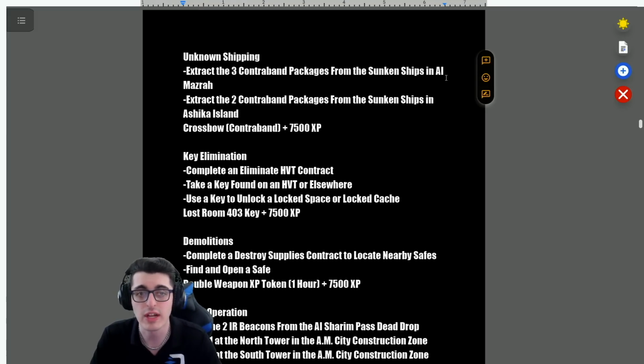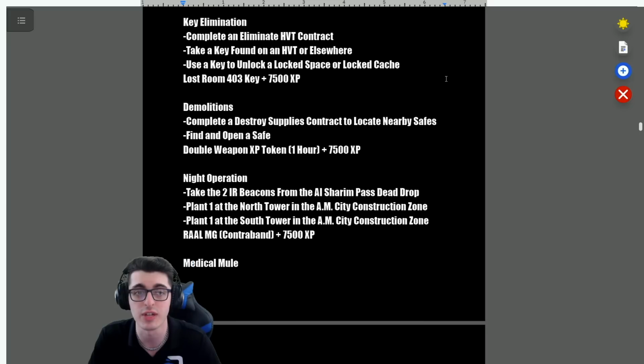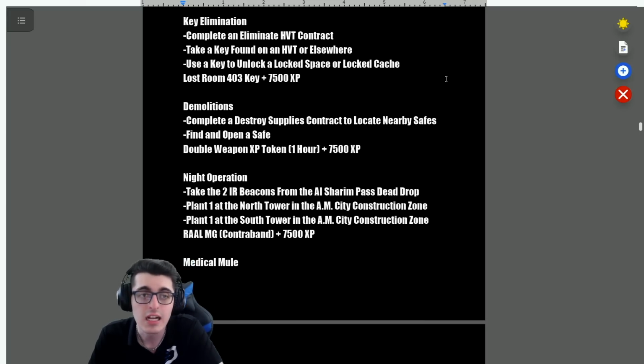Unknown Shipping. Extract the 3 contraband packages from the sunken ships in Al Mazrah. Extract 2 contraband packages from the sunken ships in Ashika, and you get the crossbow contraband plus 7,500 XP. We then have Key Elimination. Complete an eliminate HVT contract. Take a key found in the HVT or elsewhere. Use the key to unlock a locked space or locked cache, and you get the Lost Room 403 key plus